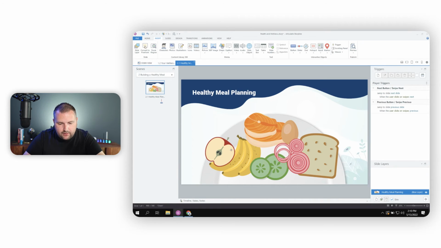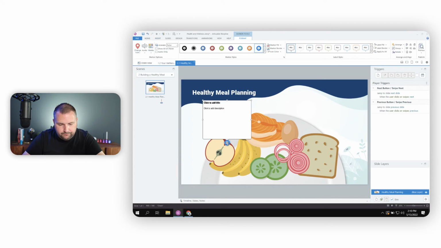And now I can click anywhere to add my marker. I'll just put it right here in my apple. And when you add a marker, it's made up of two components. You have the actual marker, that's the thing the learner clicks on, and then we have our label here where we can add our content. Adding content's simple, so I'll type in apples, and I'm going to add my text here and say, apples are